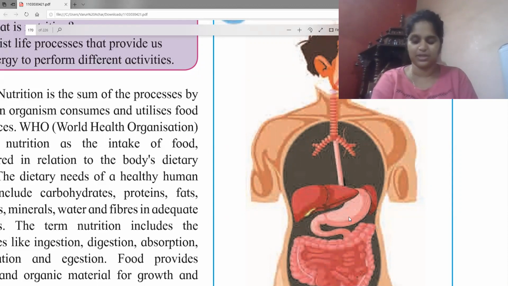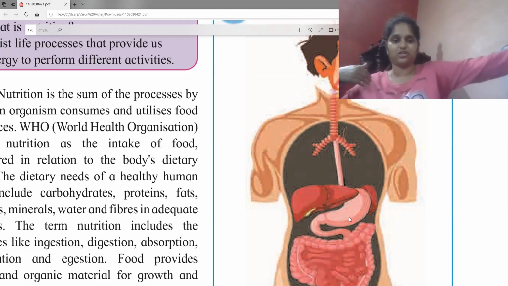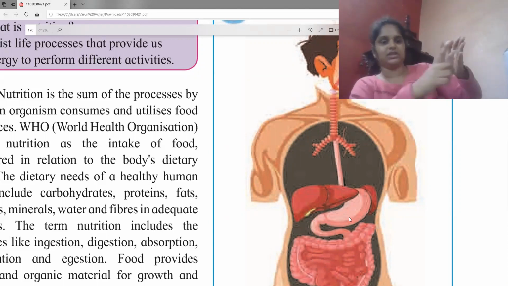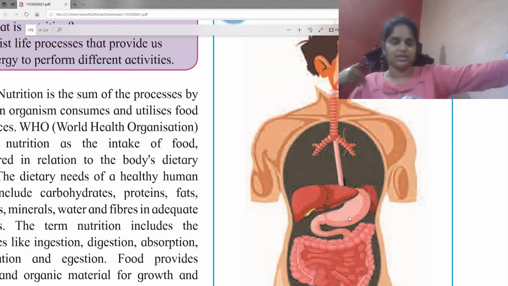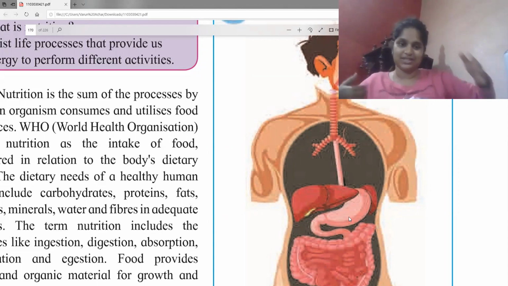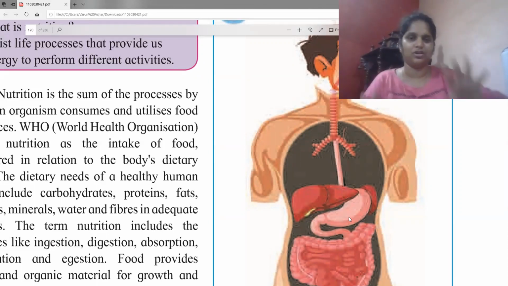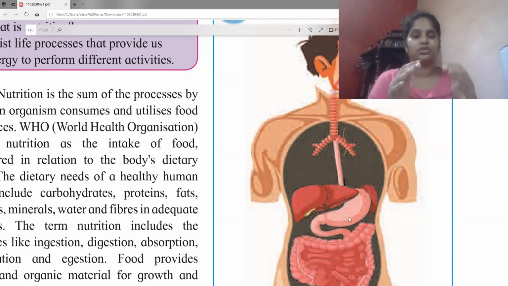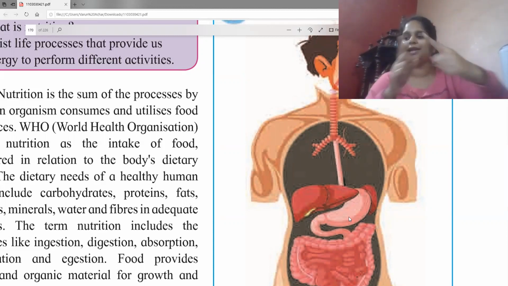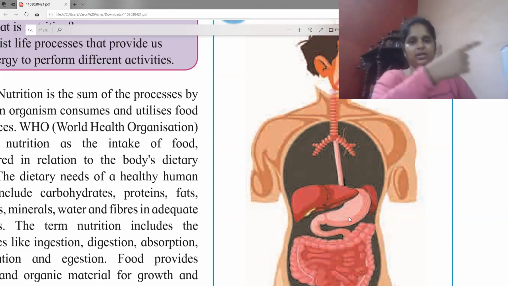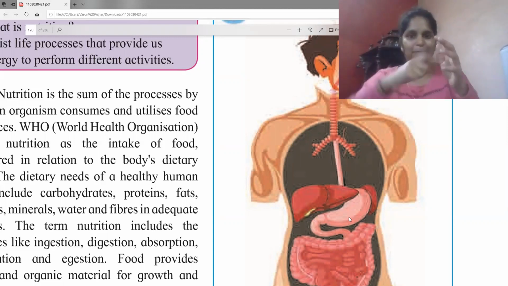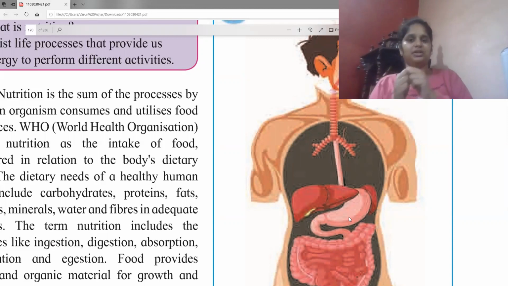Now 6 meters means how much? If you measure from your shoulder till the tip of your finger like that, this is 1 meter. So this 6 times will be 6 meters. This is approximately 1 meter, not exactly 1 meter. So that long is your intestine. Basically, it can be the breadth of your entire room. So that long pipeline, you have it all completely coiled up in your abdominal region.